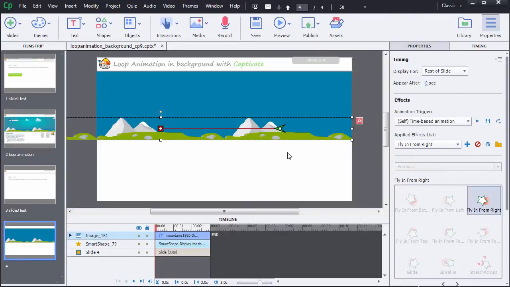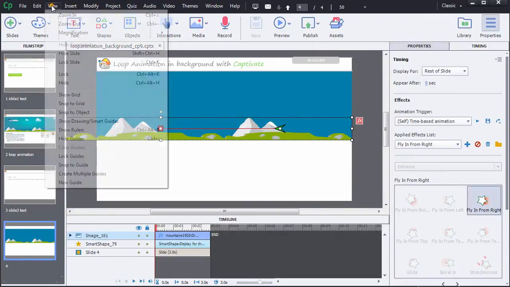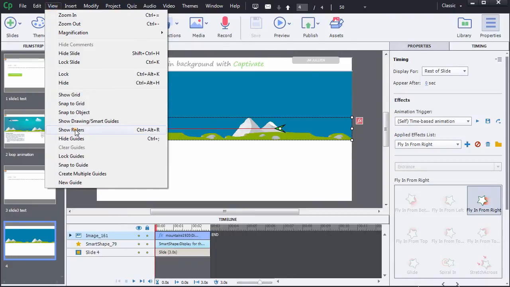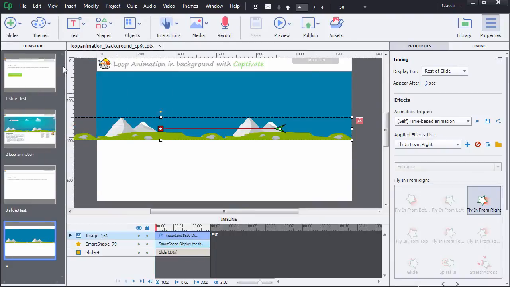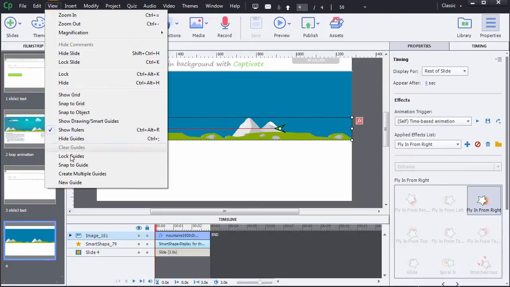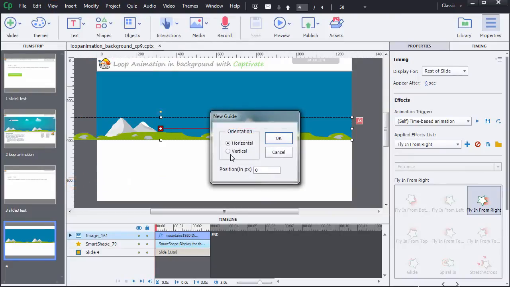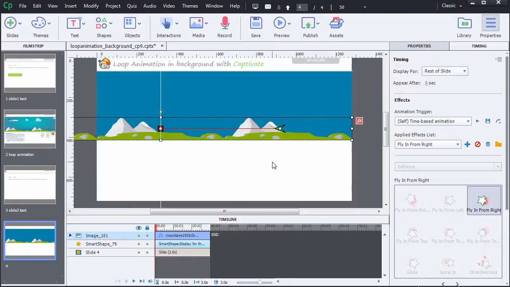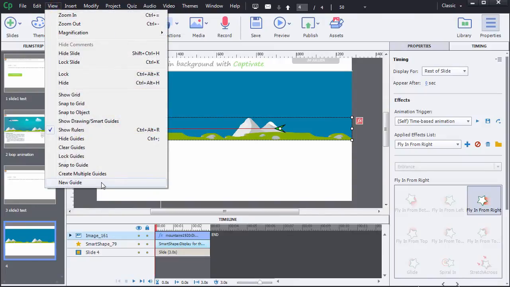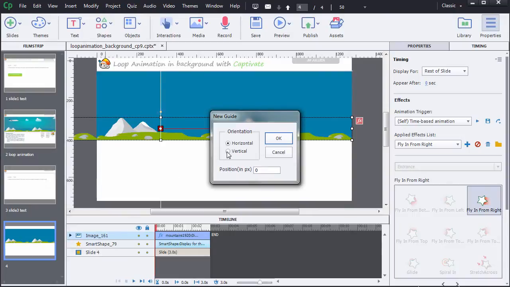To do so accurately, I'm going to create two vertical guides. I'm going to place the first one at the same place at the end of the motion path. I enter here 320. Then I'm going to place the second guide 640 pixels further than the first one. That means 960.